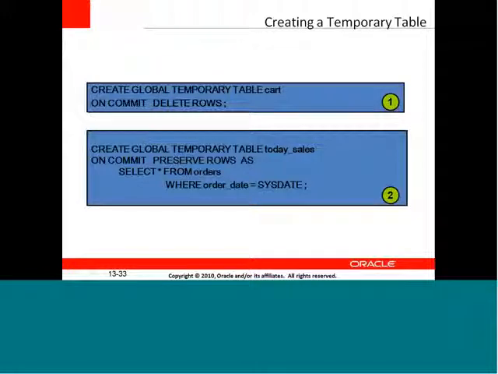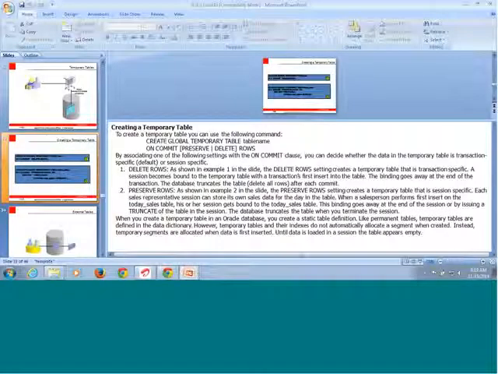Now I can view it with the help of the select, that is select star from orders where order date is this date. So this create command will help me first by creating the global temporary table, and whatever the table name is, I'm going to mention it. And here we are deleting the rows, that is, we are going to delete the rows in the temporary table, and here it is bound to the temporary transaction only.